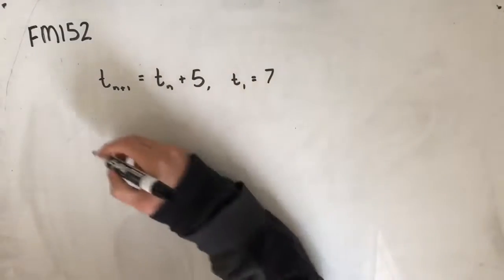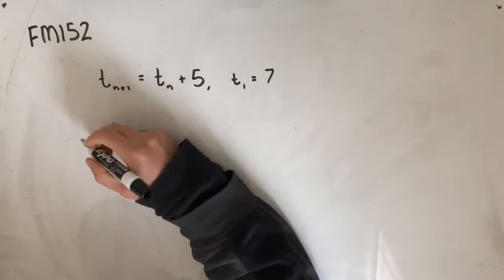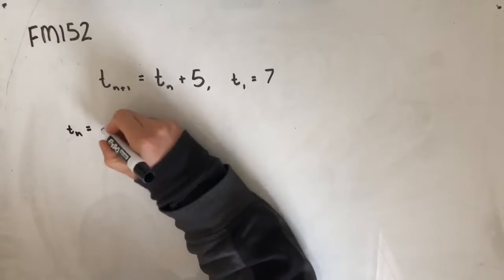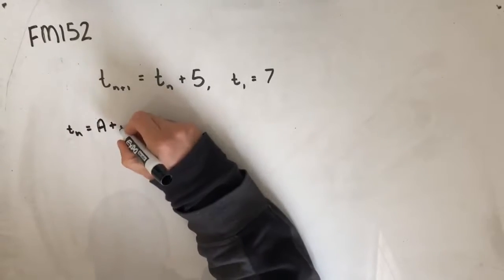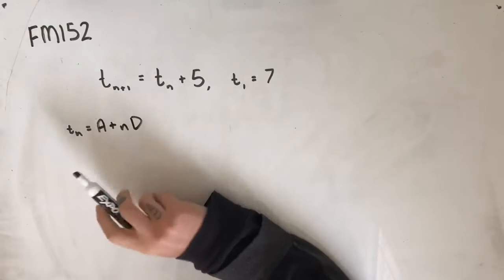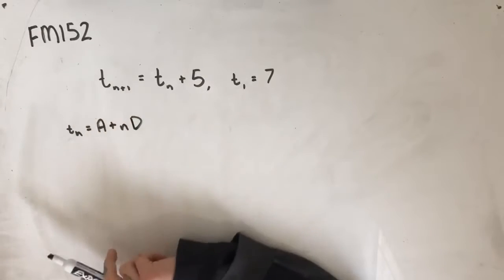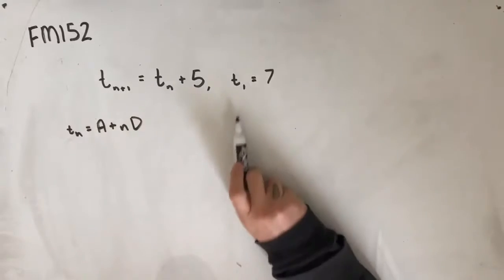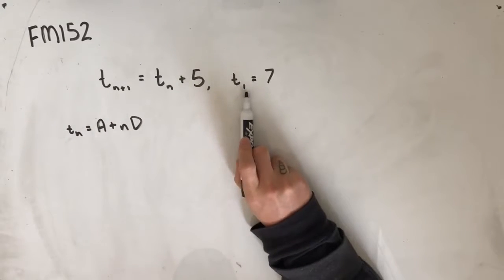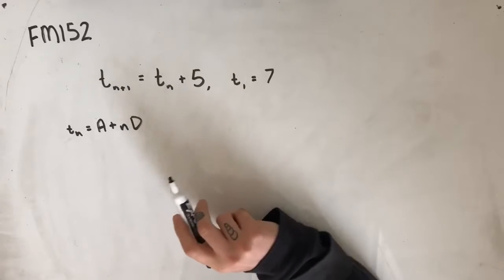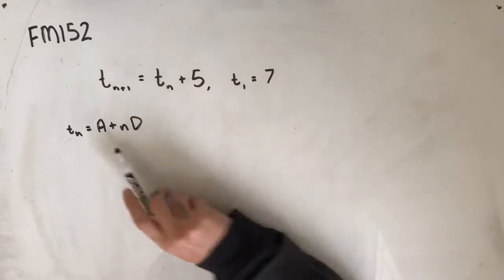What you may be used to using when trying to find an nth rule is this formula here, which is Tn equals A plus Nd. And then you fill in the blanks for A being the first term in this sequence and D being the difference that's being applied. The little trick in this question is in the fact that they've given us this T, well, the first value of T in this sequence and not T0, which is what we would usually use for